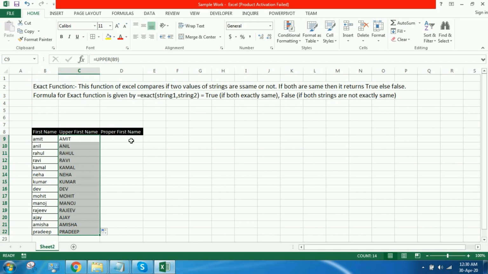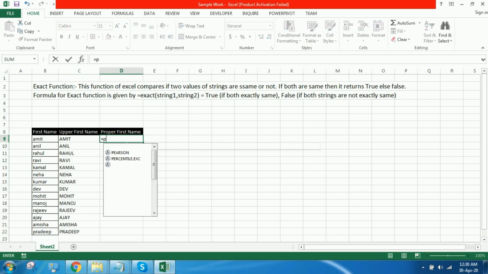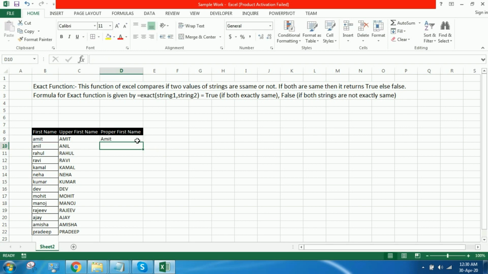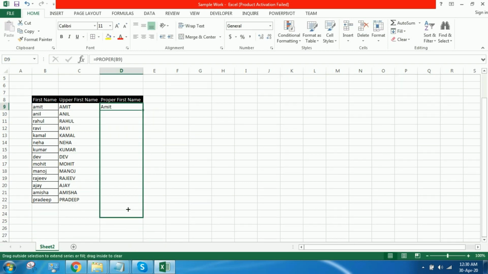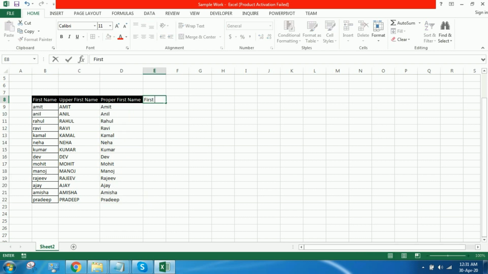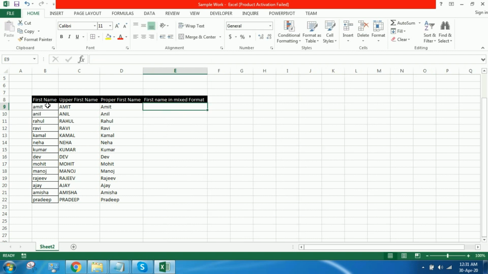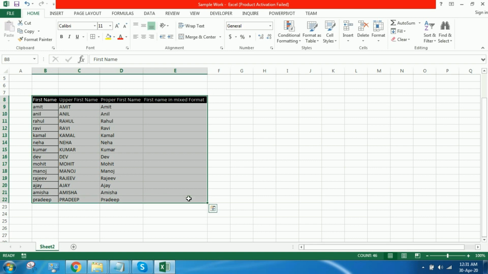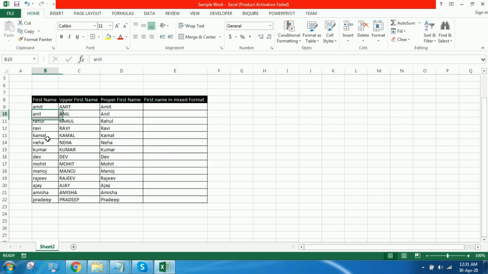So I am randomly putting a few entries which are exactly equal to the names given in first name column B, and I am also deliberately changing the format of others so that they differ from the data in column B. Case 1, case 2 and case 3.